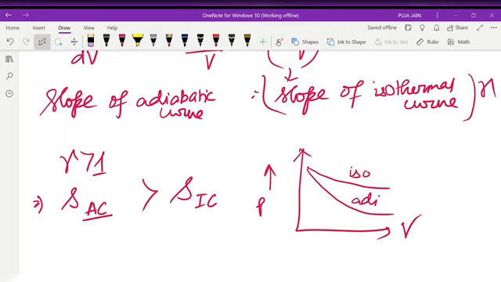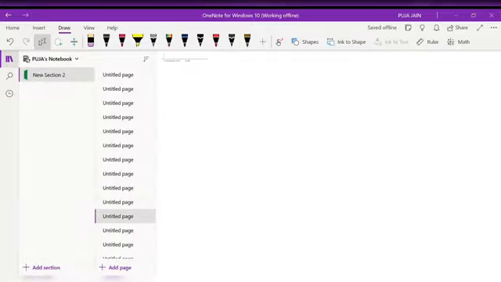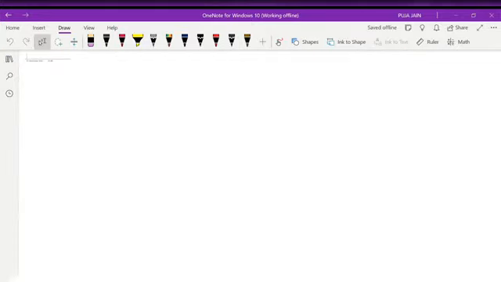Now we will deal with thermodynamic potentials. There are 4 thermodynamic potentials which we need to know. One, obviously we know, is U, our internal energy. We know what our internal energy is. Second is enthalpy. Third is Helmholtz free energy. And fourth is Gibbs free energy. Before that, we will read a very small topic, and that topic is isothermal compressibility and volume coefficient of expansion.